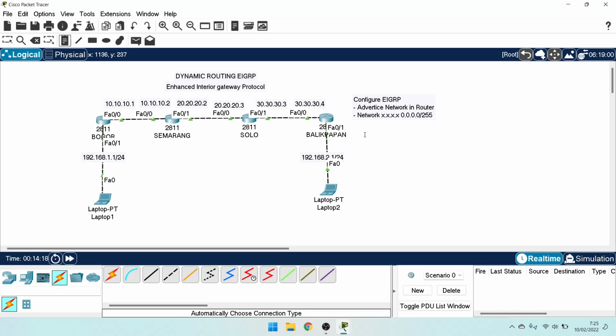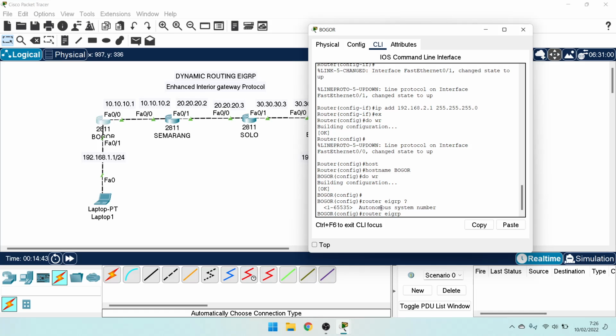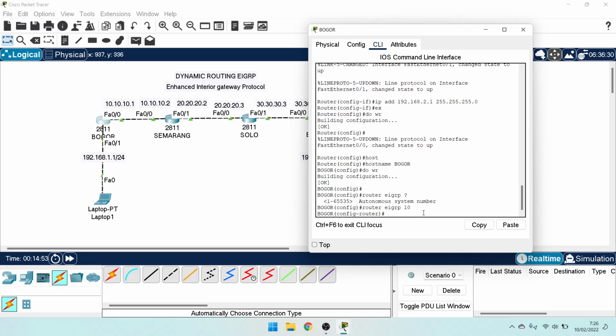I want to configure the router EIGRP with an AS number, an autonomous system number. For example, you open router Bogor, router EIGRP and question mark. This is autonomous system, there can be many autonomous systems. An example, router EIGRP 10. Okay, and advertise all networks in router Bogor.